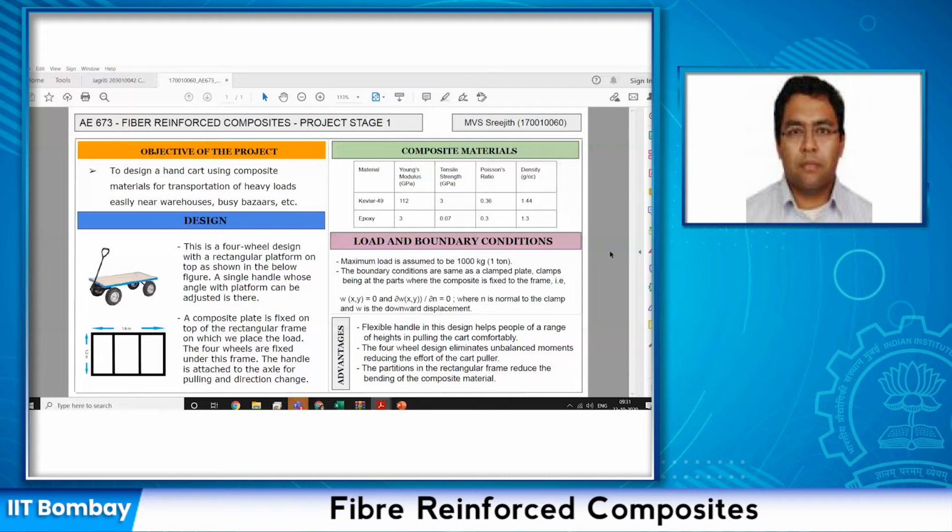But my point here is, with respect to this course project, you choose some number, and you give me a physical or a mechanical reason on why, and you are giving boundary conditions also. Once you go into the design stage, you will have to show that your structure will be able to carry this load safely in terms of deformations and stresses. So at that point, you should also justify how you have arrived at this load, and you can put down some references, and you can also show how a person can pull this much load. All those kind of answers you will have to come up with.